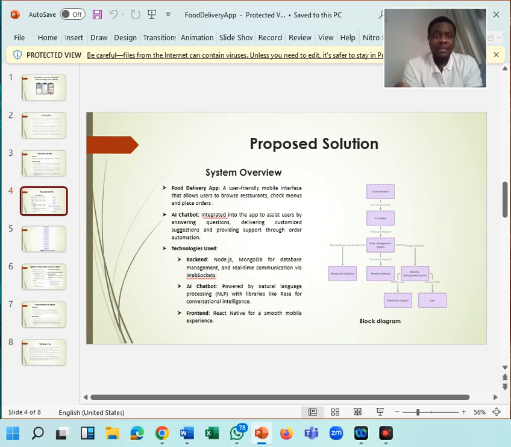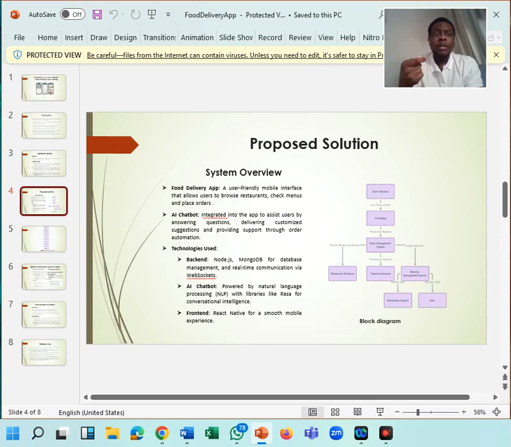After fetching the details from the database, then it comes to payment. As you can see, after payment, it processes the payments with the payment gateway, and during the time for delivery, the delivery order is actually taken.